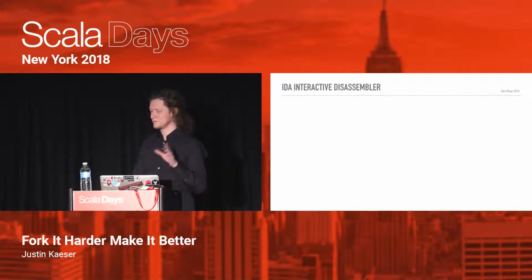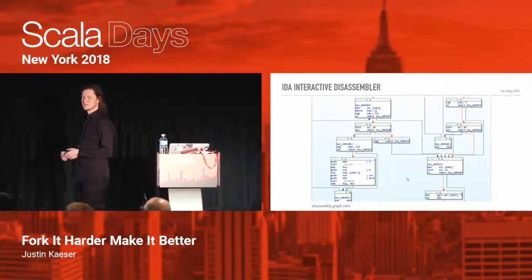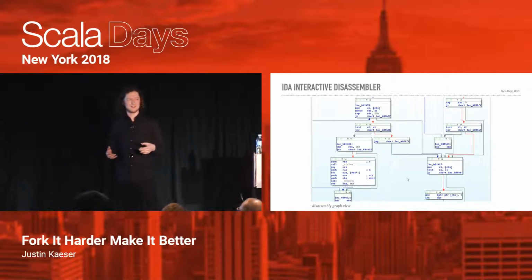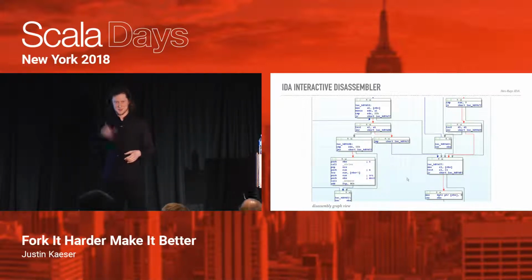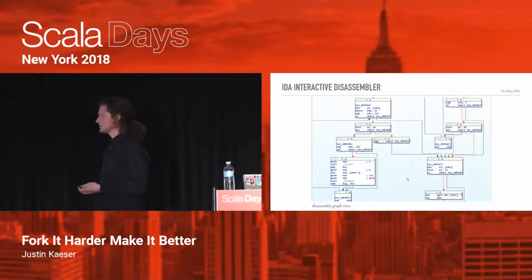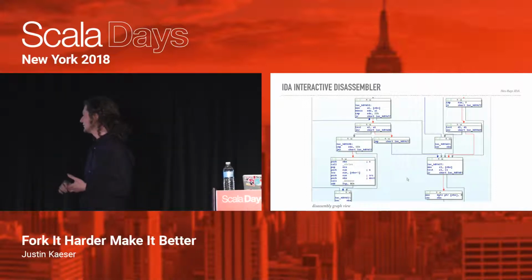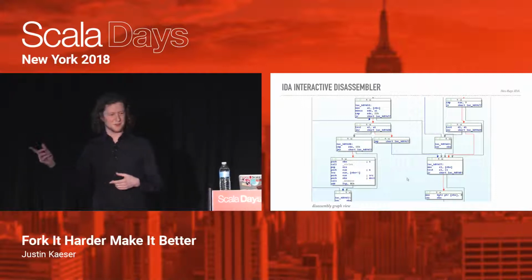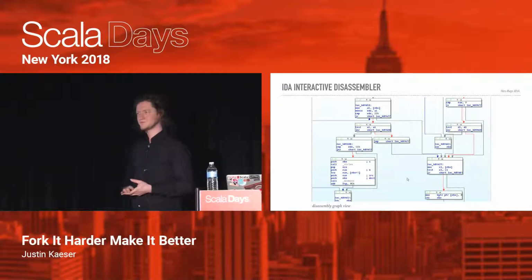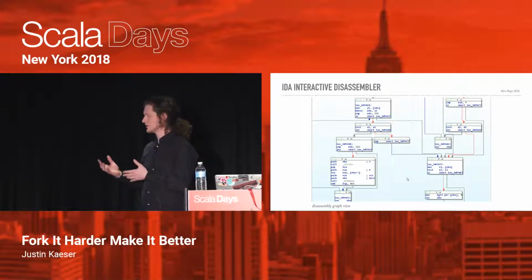One thing I came across, down from the ivory tower back to bare metal, is the interactive disassembler. If you disassemble some machine code, you'll just have long lists of assembly symbols, and that's not so intuitive for understanding the structure. So this renders a nice graph view where jumps are rendered as edges between different chunks of code. For Scala, which is a more structured language, this might not be quite as applicable,